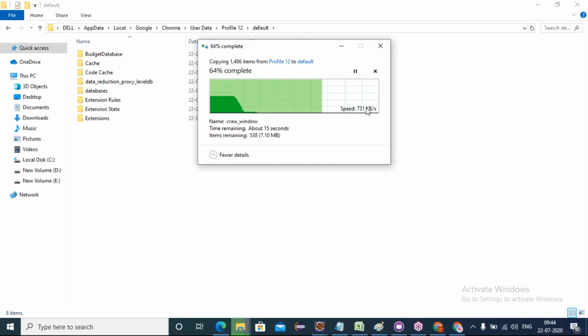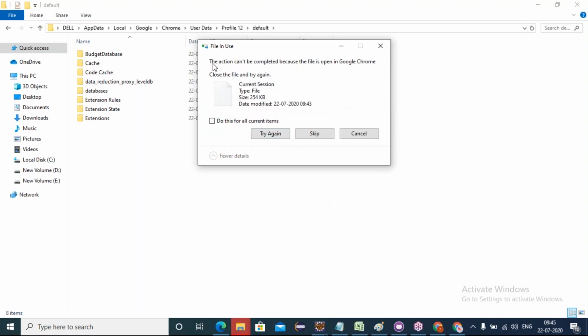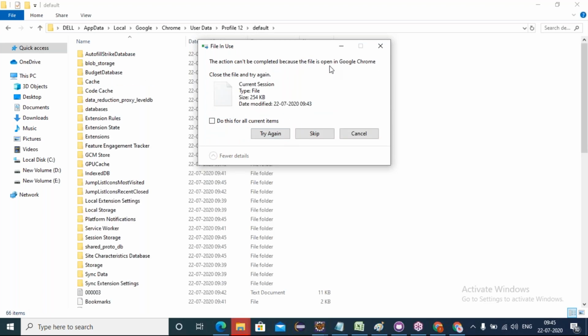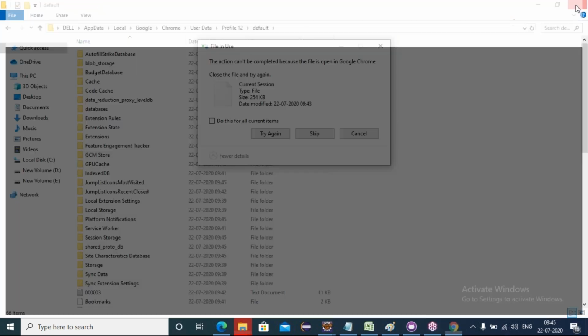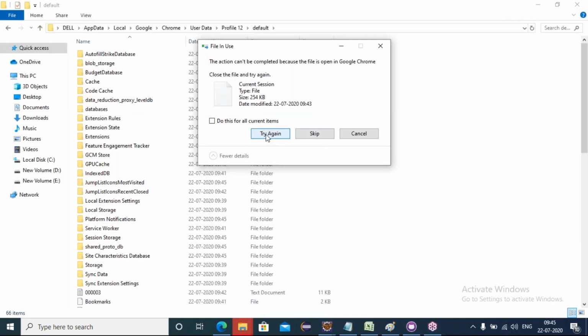Some files are not copied because the profile browsers are open. Here: this action cannot be completed because the file is open in Google Chrome. Close the file and try again. So you better close these profiles and try again.